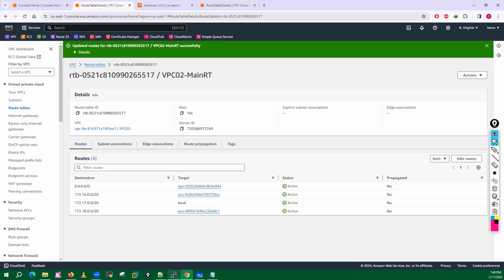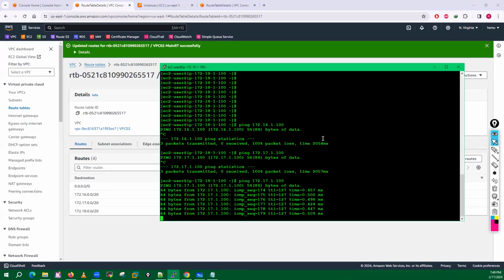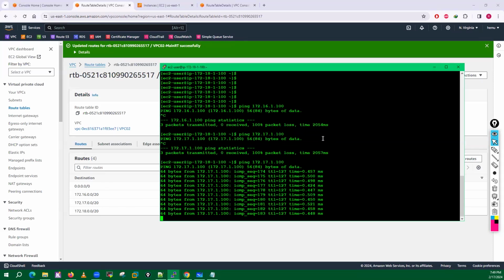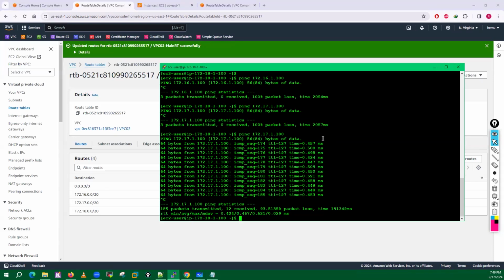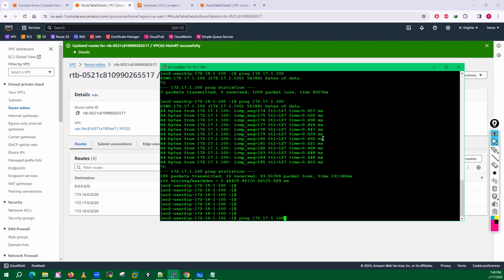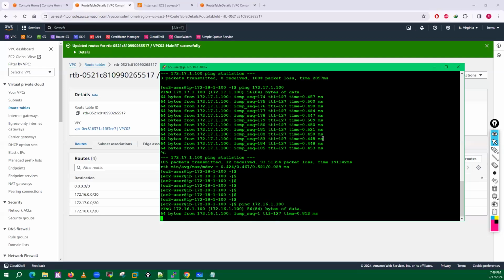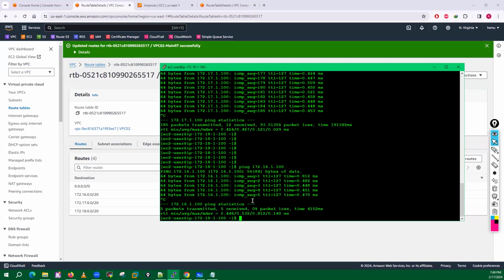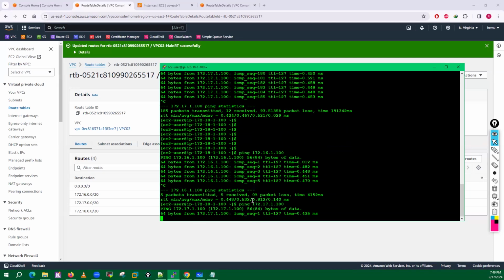Now go here, you can see ping has started working between VPC3 and VPC1, and from VPC3 to VPC2. So VPC3 to VPC1 is working properly, and VPC3 to 2 is also working fine.